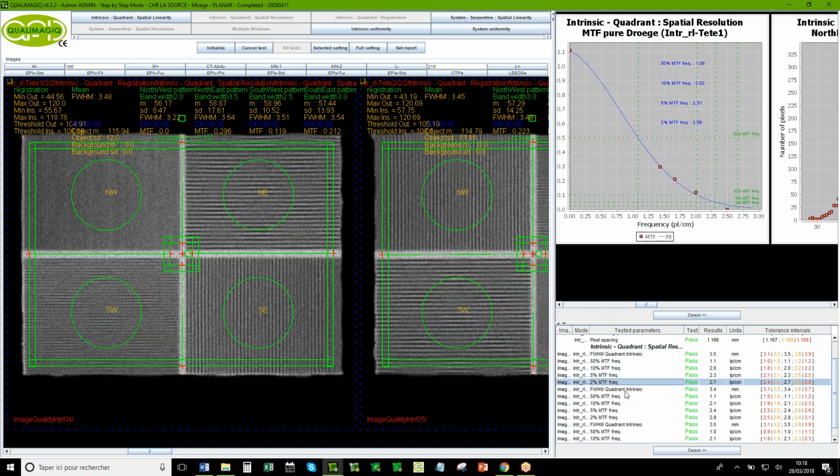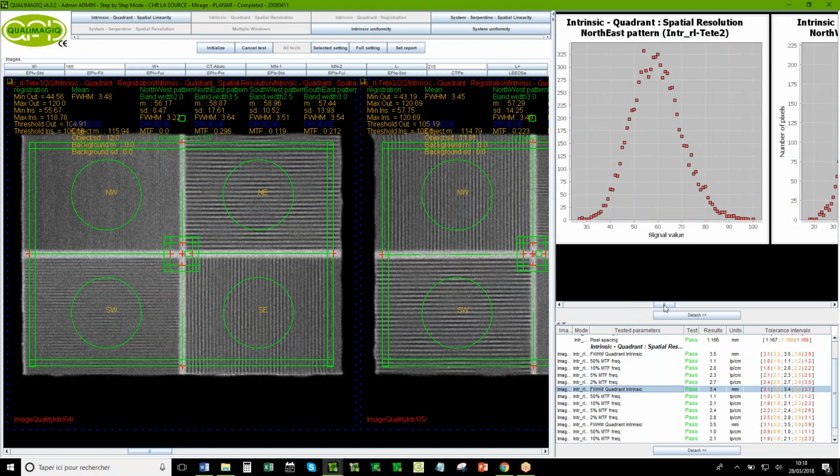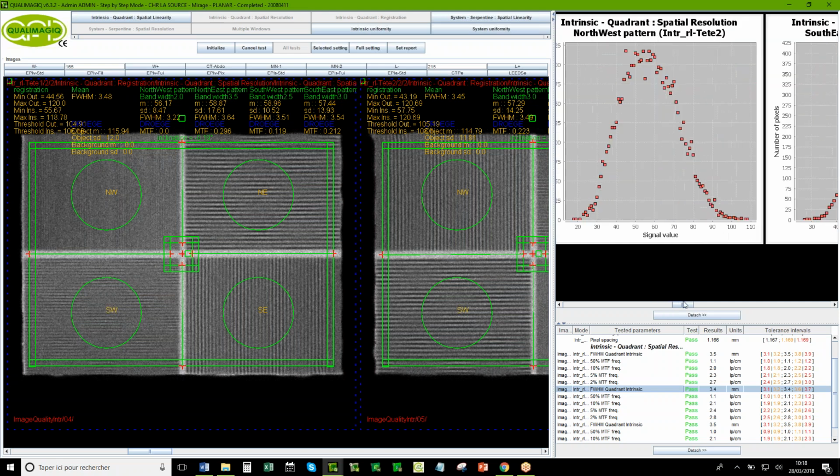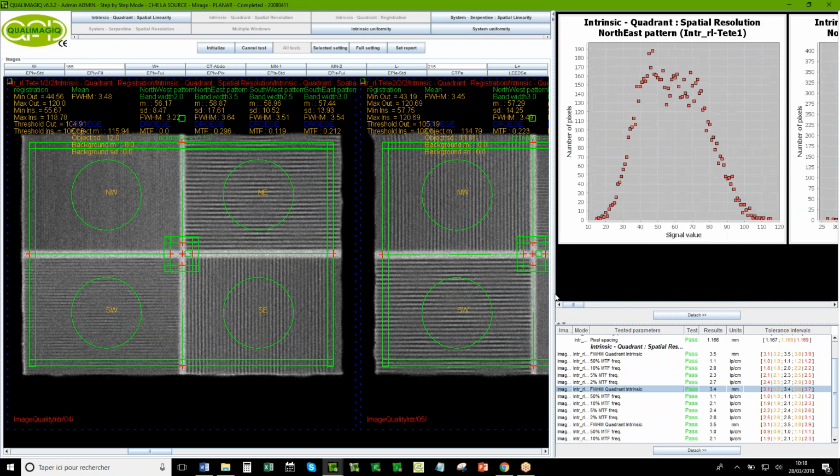But what we also do, we measure the profile. Here, you see, here. What is this profile? It's the profile of the 2 orthogonal lines in the phantom. Okay. And after we can measure the full width half maximum of this Gaussian profile. It's another method.